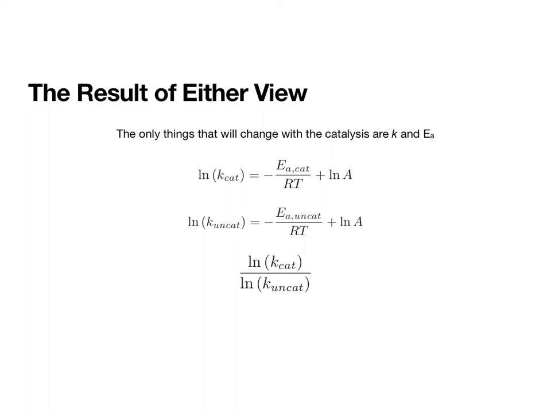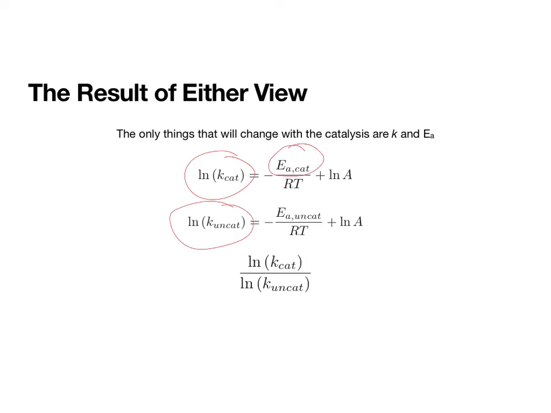It can be either the catalyzed system or the uncatalyzed system. Sometimes finding the activation energy of the catalyzed system would be a faster sort of process because that reaction is going to go faster. But nevertheless, if we know three of these terms,